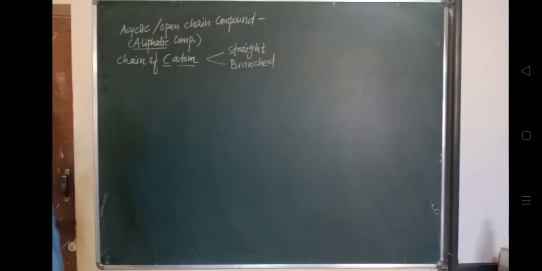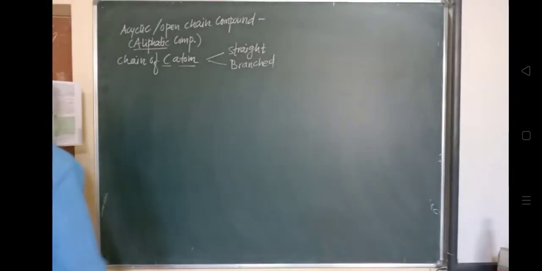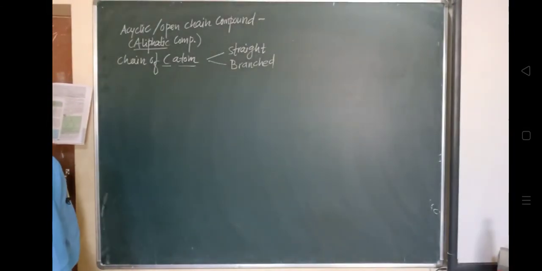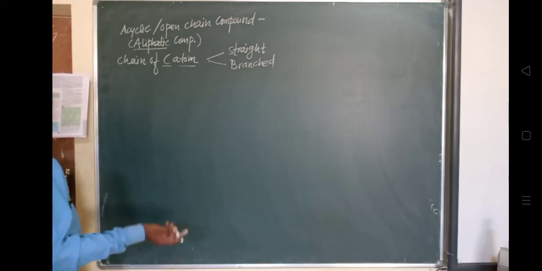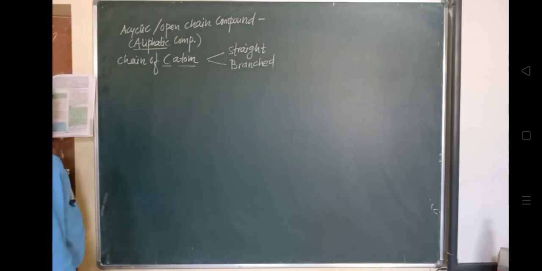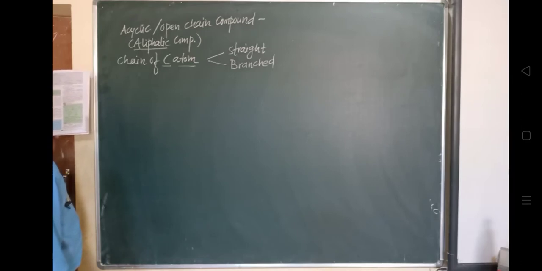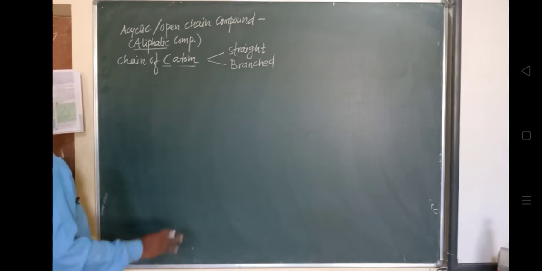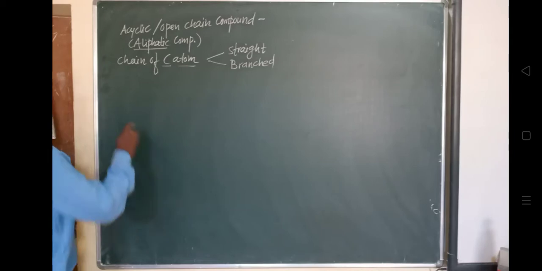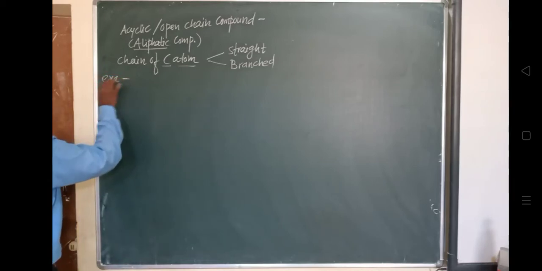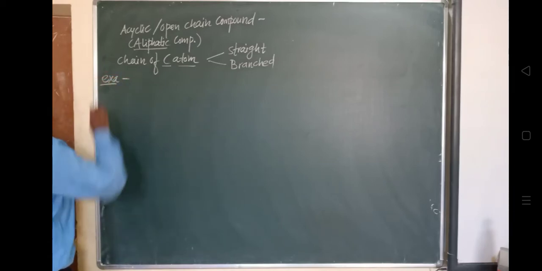मॉलिक्यूल से. Okay, so chain of carbon atoms, these may be straight chain formed by carbon atoms bonded to one or two other carbon atoms, or it may be branched chain, having at least one carbon bonded to three or four carbon atoms. So we'll see examples directly so that we will understand. Okay, so very first classification is what?